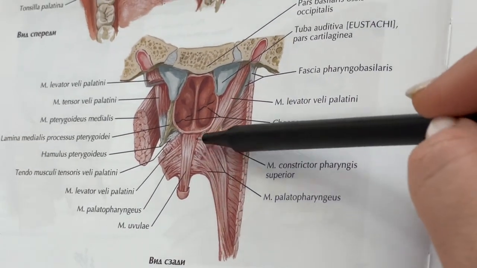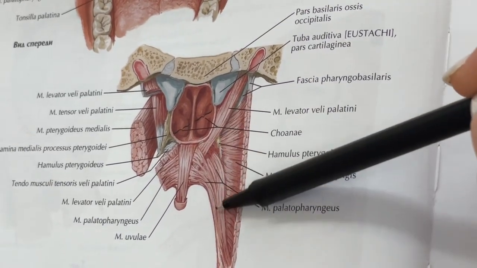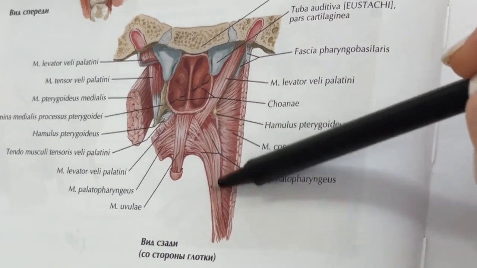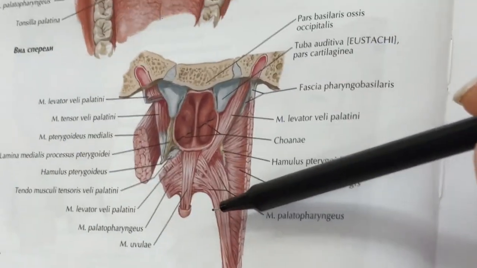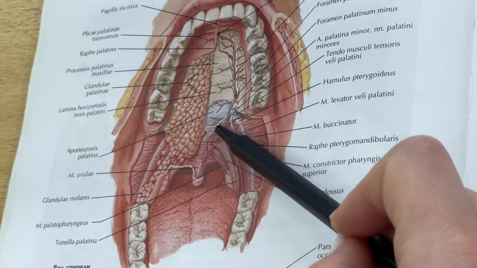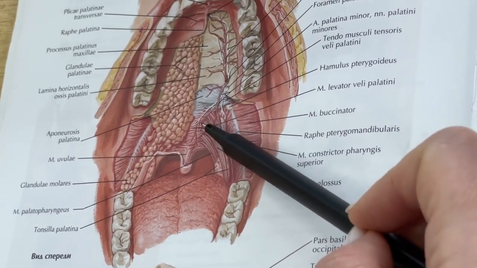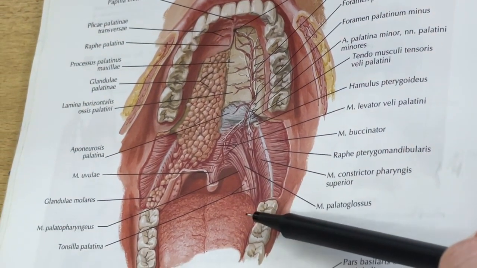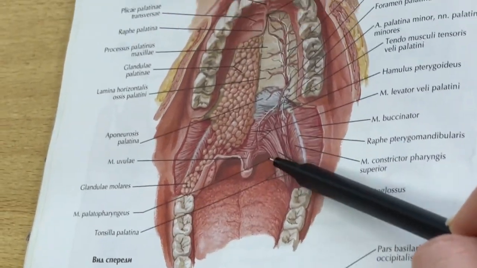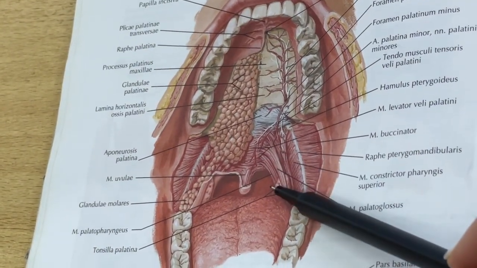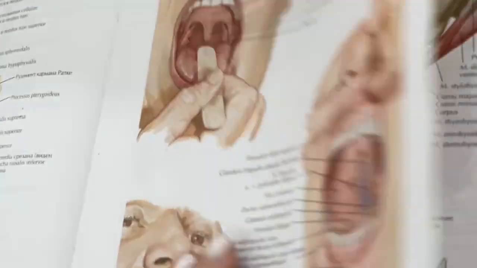Another two muscles originate from the palatine aponeurosis. The palatopharyngeal muscle elevates the pharynx and depresses the soft palate. The next muscle is the palatoglossal muscle. It also originates from aponeurosis of soft palate and runs to the tongue, continuing to the proper muscles of the tongue. The last two muscles, palatoglossal and palatopharyngeal, are located in the fold of the mucosa, which is called the arches,